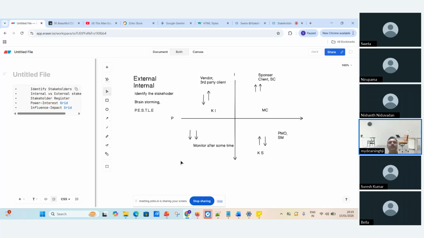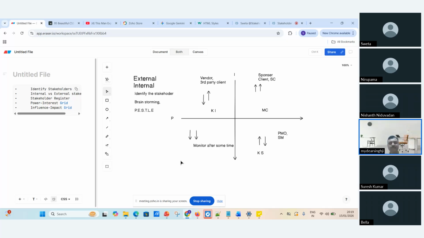We will keep them in the buffer area and see from time to time whether their power or interest is going to change. We monitor them after some time, not in urgency. We can keep them in the buffer and see later. So this is the stakeholder categorization.